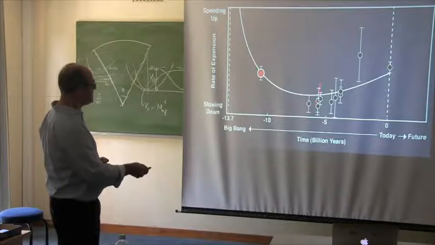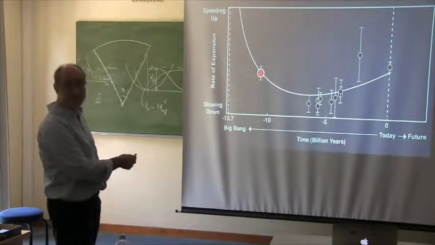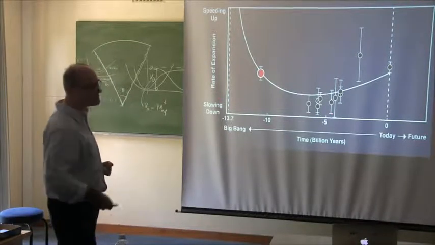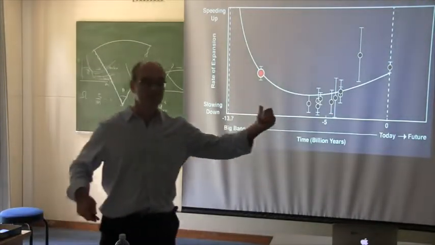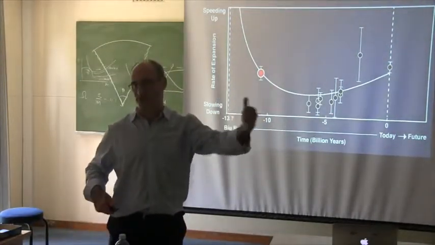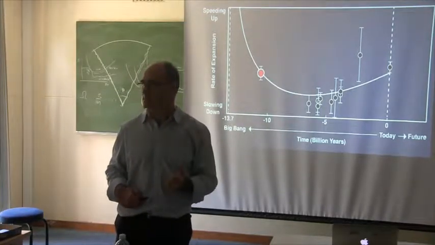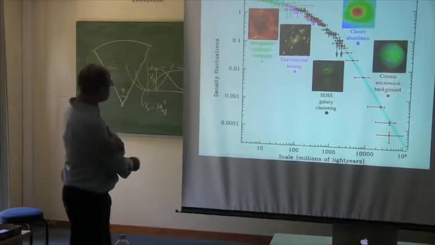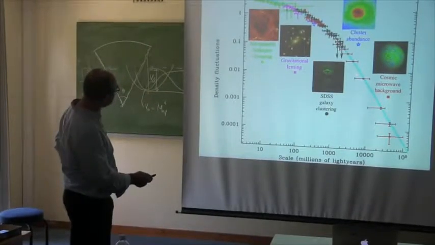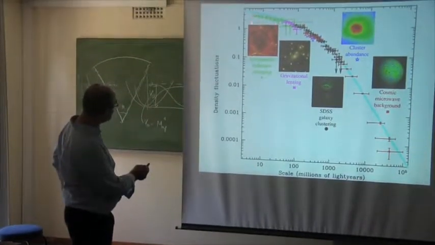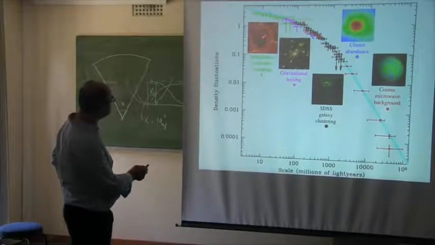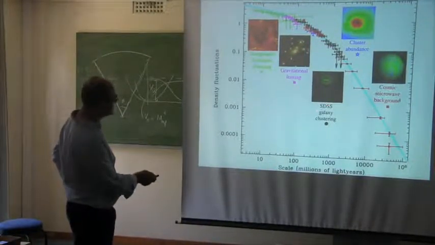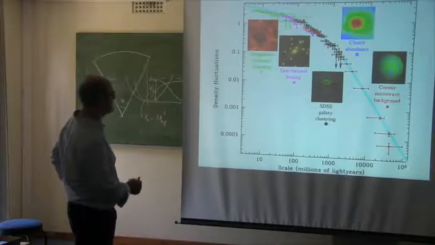Soon we will fill in all this with Euclid and with DESI. We're going to fill all this curve, the rate of expansion as a function of redshift. And this is going to give you a tremendously strong constraint of modification with respect to general relativity. Okay, so not only do we have the cosmic microwave background on smaller scales, we have the intergalactic hydrogen, Lyman alpha, we have the gravitational lensing that will be used, the galaxy clustering, of course, and the clusters.